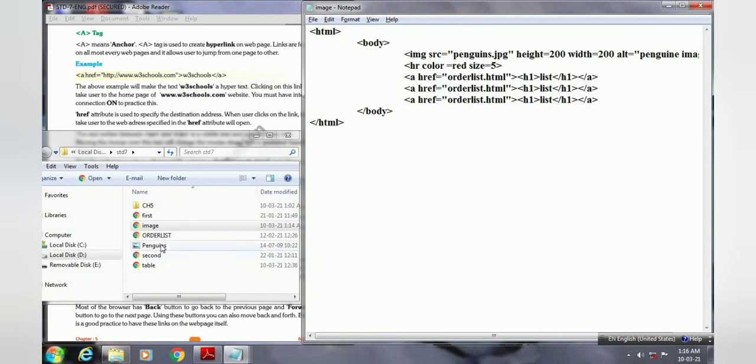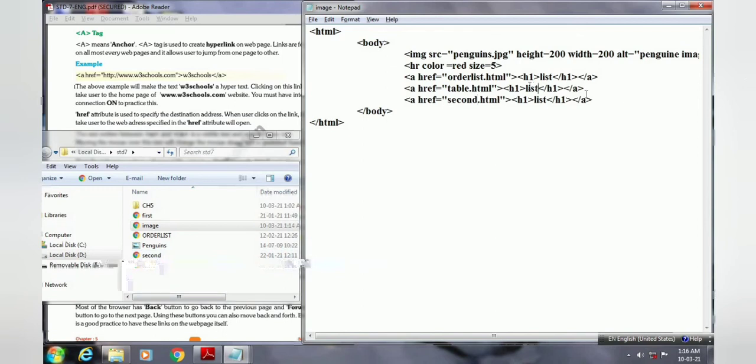Now one file that we want to open is our image file. Currently we are in the image file only, so we will not use that, but the table file we can open over here. So for this table file, we will write the address here. Instead of the ordered list, we are writing table.html. And the next file, the second file, is the one in which we have written all the text formatting. So I am writing second.html. File names must be correct, then only it will open here.